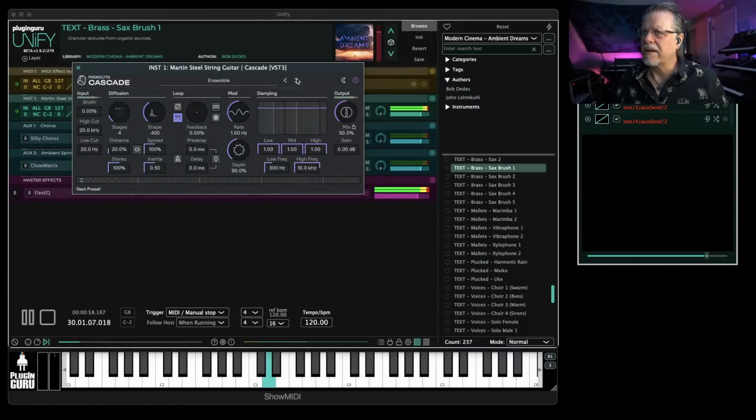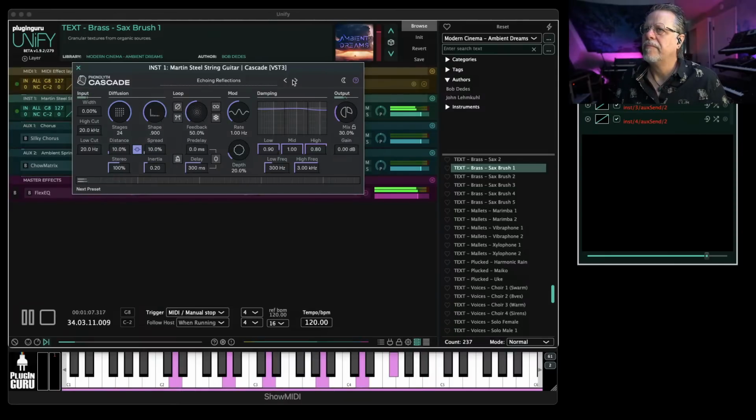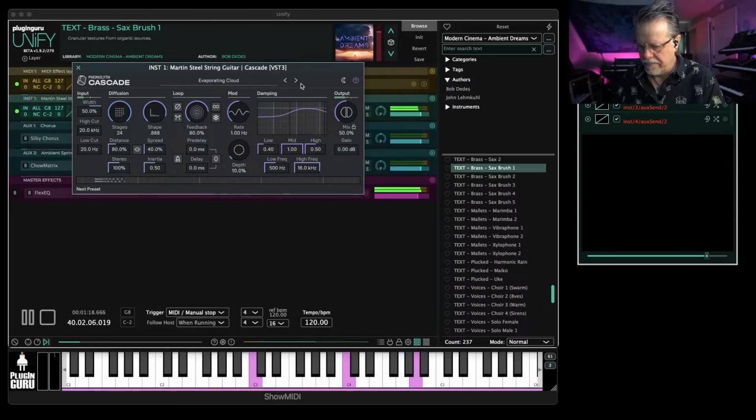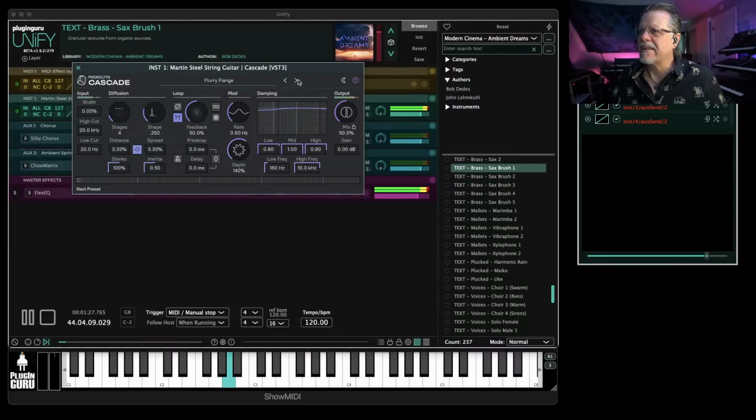But it has some really great ensemble type of vibe. Evaporating cloud. Isn't that nice? So, check that out if you would like to add to the